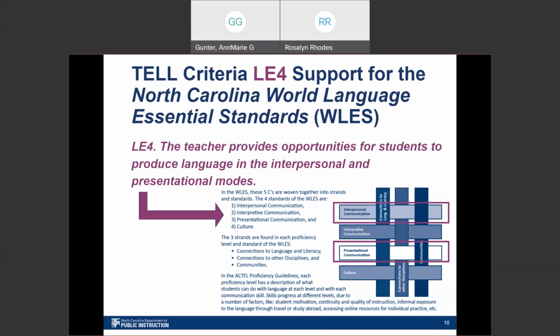So there's a link to the Classical Languages one, and that's for classical languages like Latin or Ancient Greek. There's a link to the one for dual and heritage languages, which are courses like what Rosalyn talked about, the Spanish for native speakers or Spanish heritage language courses, as well as dual language immersion or DLI. And finally, there's the modern languages administrator guide, and it's for languages that are taught as a separate subject.